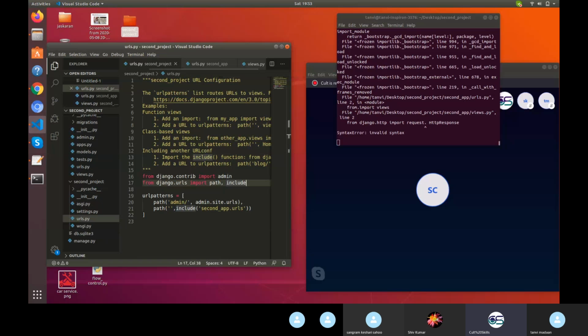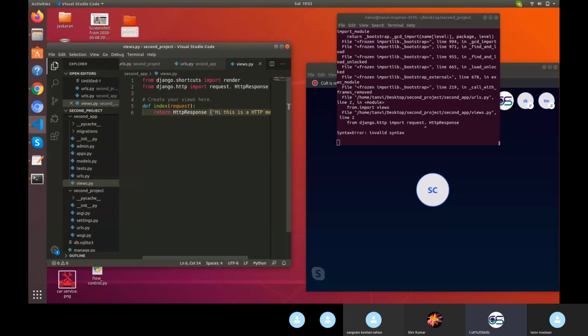Because I am not getting any change on the screen. Yeah, so it's not request dot HttpResponse, it is request comma HttpResponse.